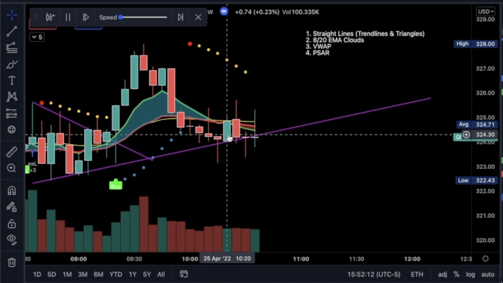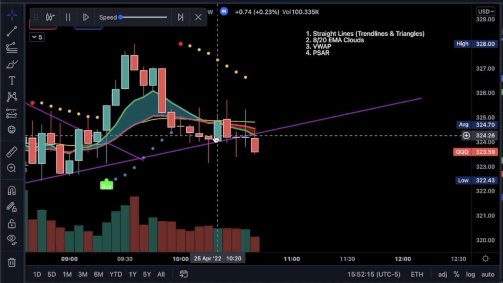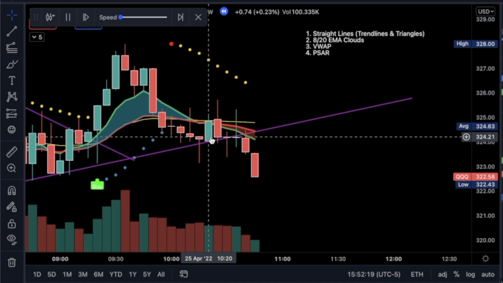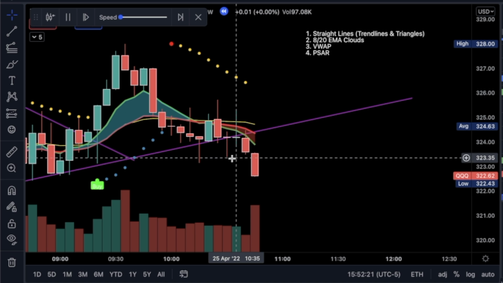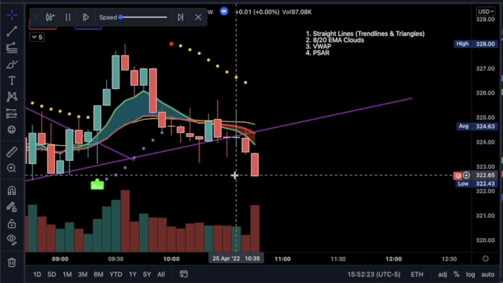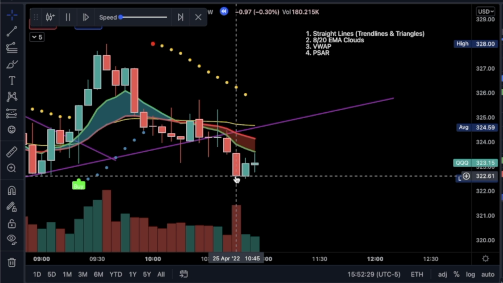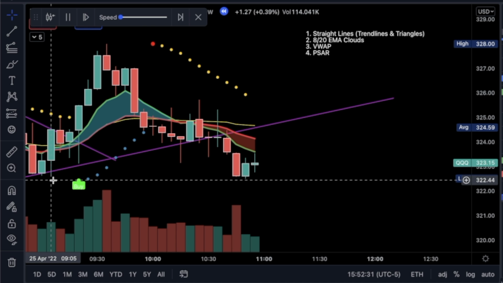This is doji indecisive candles. This is a time to make sure that you're aiming to get your profits. We've got a big move down here, so that's good. At this point, I had sold out of my position. And so now we're trying to see if this might bounce, because we just hit the low of the day, which was established over